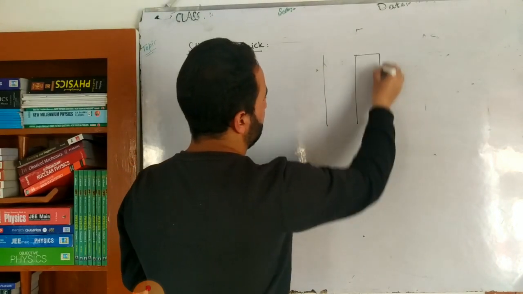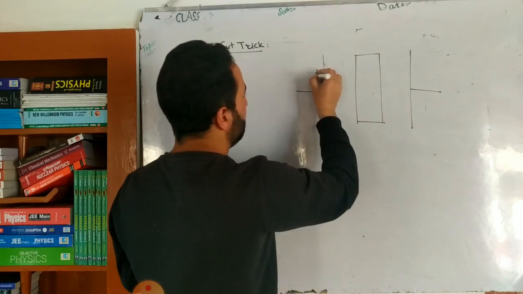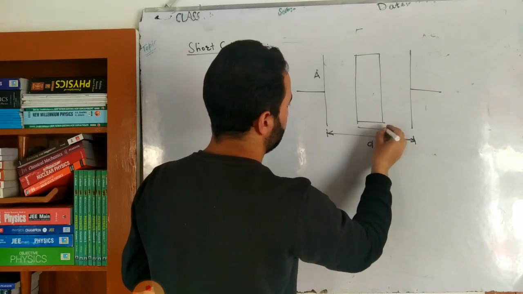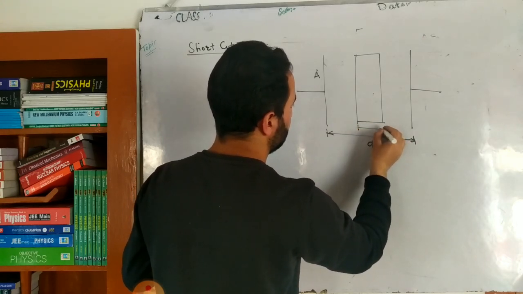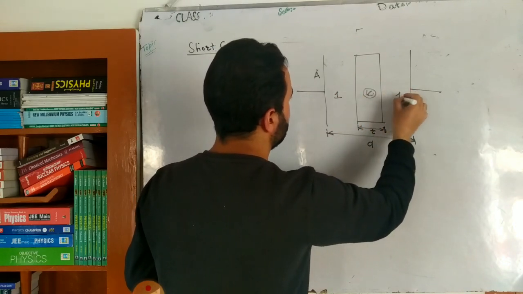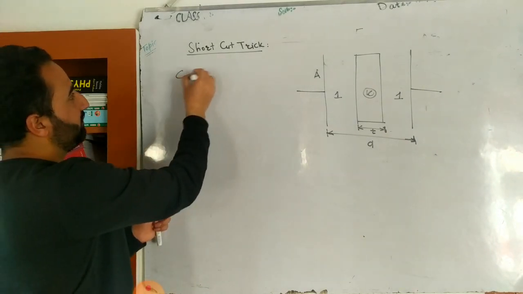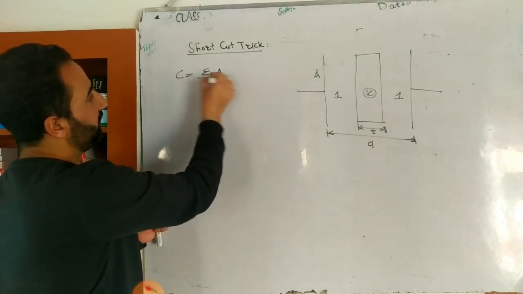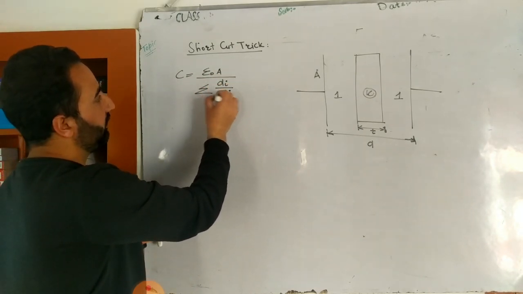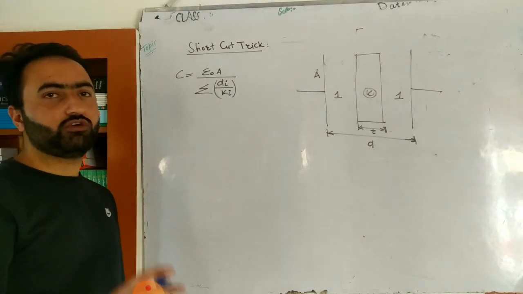Here we have this parallel plate capacitor filled with the dielectric, but partially filled with the dielectric. This area is A, separated from here to here is how much? That's equal to t, and from here to here it's equal to d minus t. This dielectric constant is K, here dielectric constant is 1, dielectric constant here is 1. Now have a look. Capacitance C, I will write like this, is equal to epsilon 0 multiplied by A divided by the summation of di divided by Ki, where di is the width whose dielectric constant is Ki.